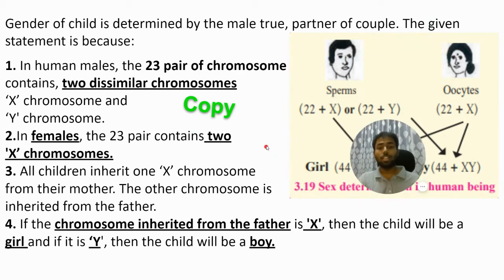Let's move on again. Check your answers. If you have written your answers, check them. What were your reasons? Did you draw this diagram? If you did not draw it, why not? Did you go to the textbook? Did you find this topic, where is it given in the textbook? Did you actually try to find it in the textbook? If you did not find it, why not? Were you able to write the answer in 4 points properly? Just check where you made mistakes and how you can improve that answer. Take that learning with you as we move on to the next question.